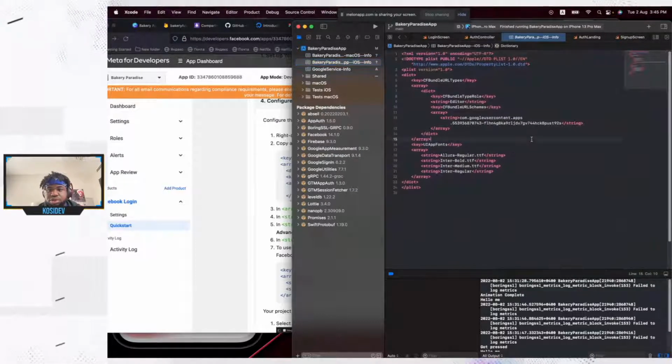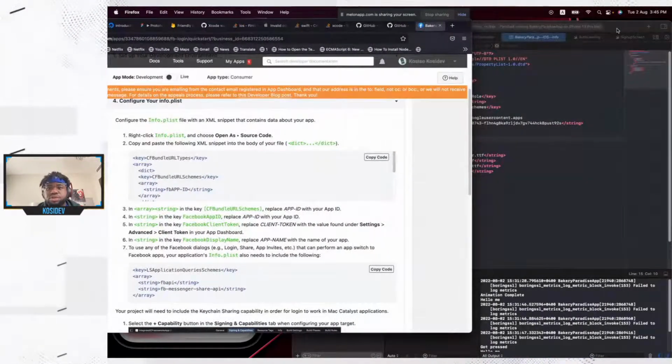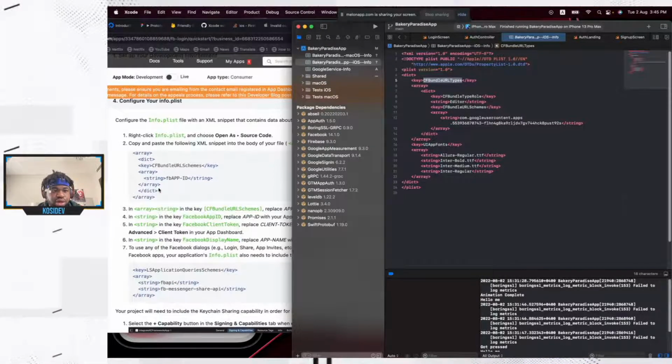There we go. So open it as source code. So we have this key, shift this out, put it side by side. It asked us to go to the key called CFBundleURLTypes. There we go. CFBundleURLTypes, which is an array, and we have CFBundleURLSchemes. And in here there is a key CFBundleURLSchemes, which is an array. The value is an array,